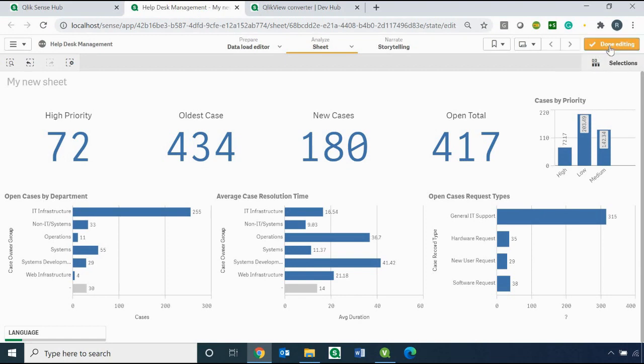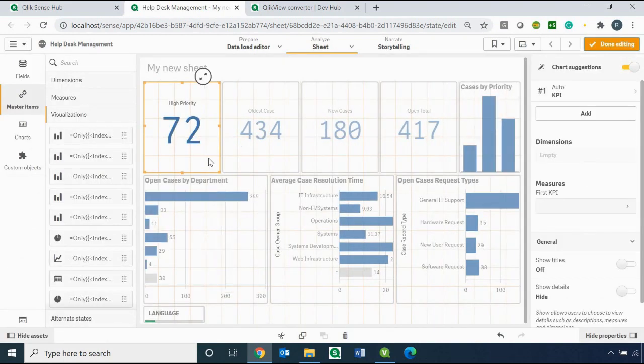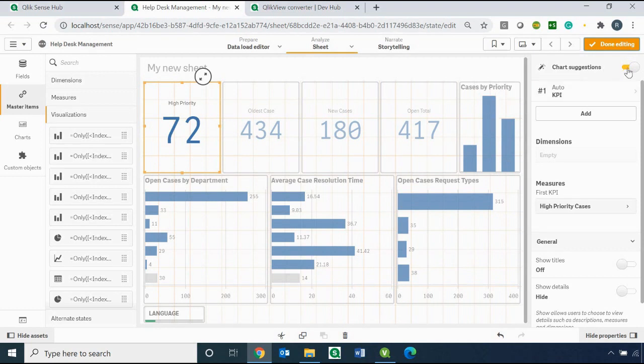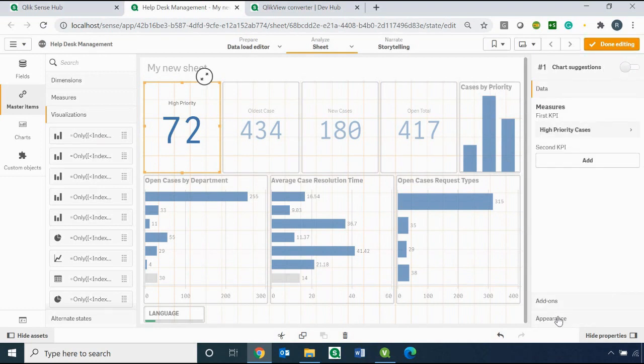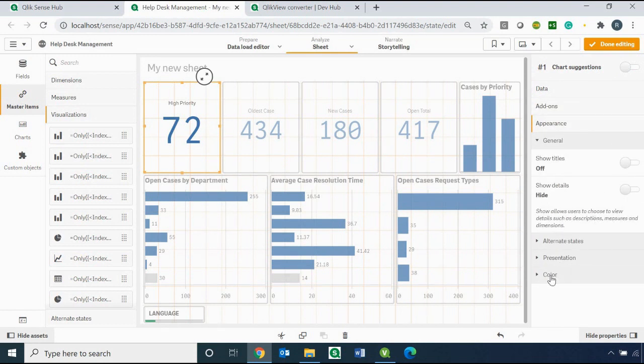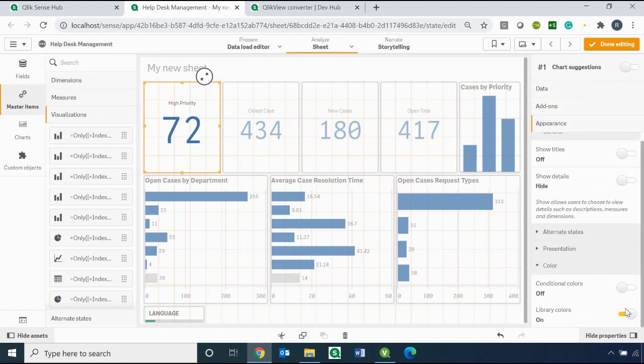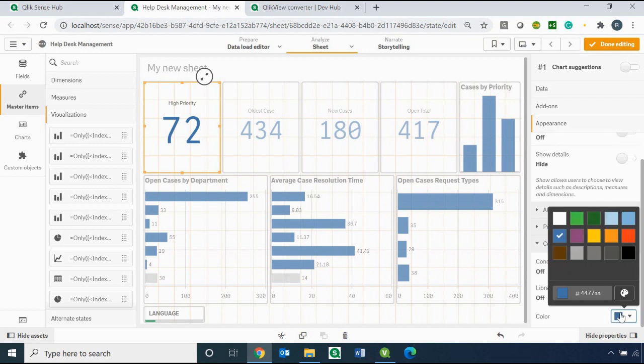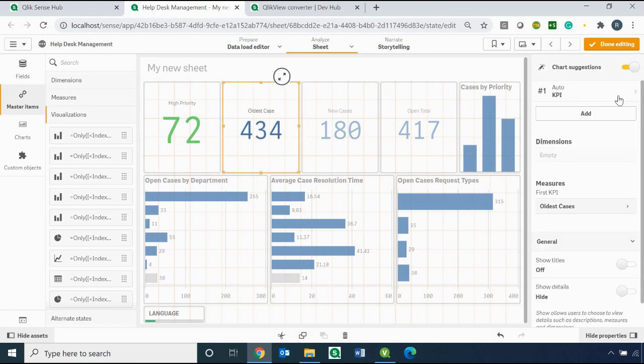So what I'm going to do is I'll again go to the properties of each of these. So I'll just enable the property. I'll just go here, go to appearance, and let's change the color. So I would like to show this in the green color, or let's say this is the old one.